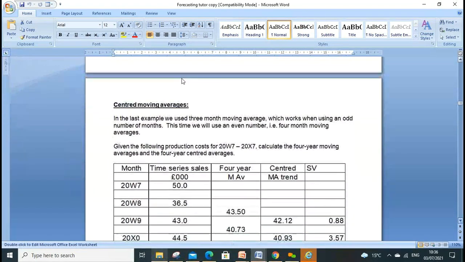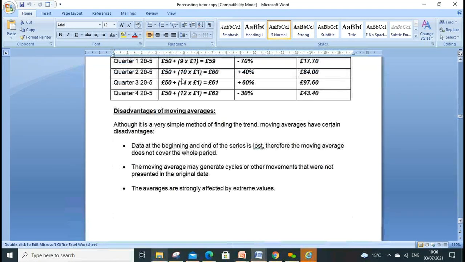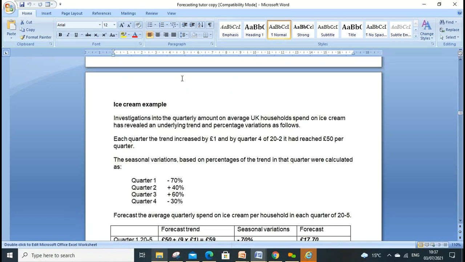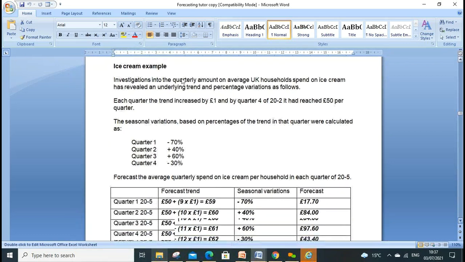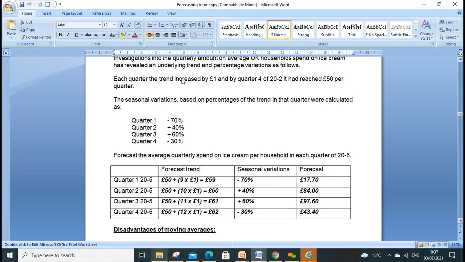Then we have central averages, where you can find it in the middle. Over 4 years, like now we are finding this in the middle, and then we find the seasonal variation. So it's good to look around these questions. Then we have quarter 1, quarter 2, quarter 3, which we always hear in the news. Here seasonal is an example of ice cream sales. We have a quarter given: one quarter is a negative trend, one quarter is a positive trend, in previous years. So we can look around. We can even use Excel formulas to calculate.